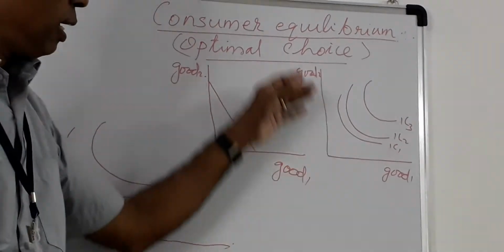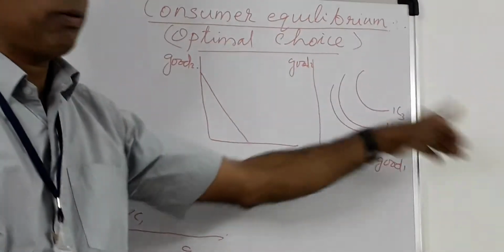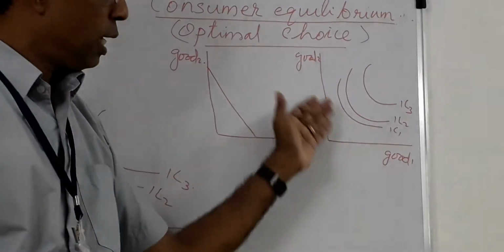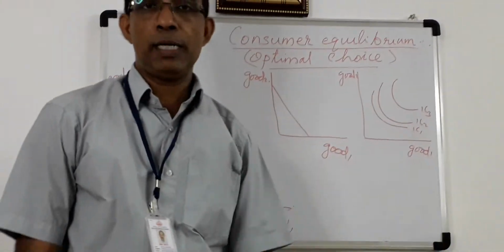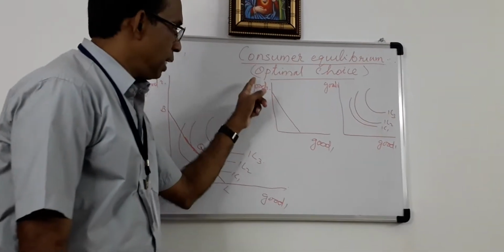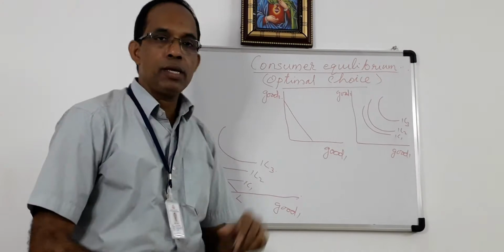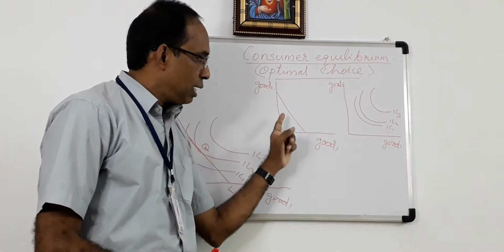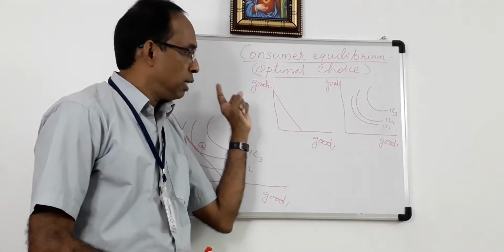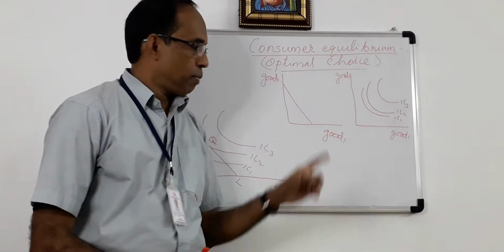What does an indifference curve show? It is a collection of 2 goods that give the same satisfaction to the consumer. And there is also the indifference map showing different levels of satisfaction. And also we studied the budget line. What does a budget line represent? It is all the bundles that cost exactly his income. That is a budget line.